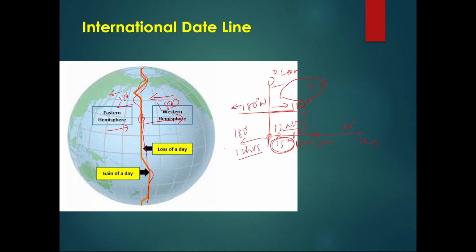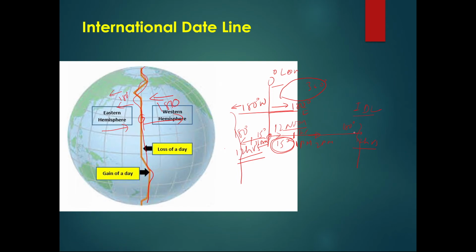Okay, so if it is 12 noon here, then on 15 degree traversal it is 11 a.m. only. So if we traverse westward, we go backward in time. So you can see it here, we are 12 hours ahead and 12 hours backward. So when we end up here, we come to the date line. Okay, so this is the International Date Line.